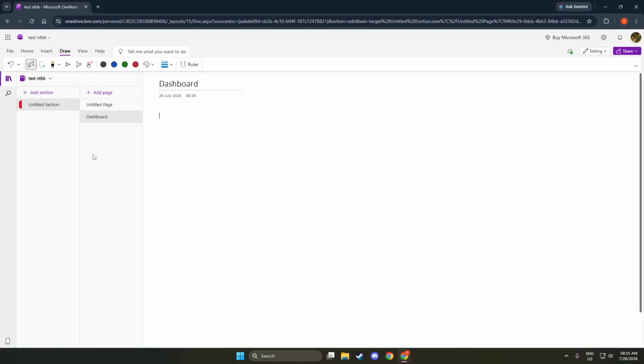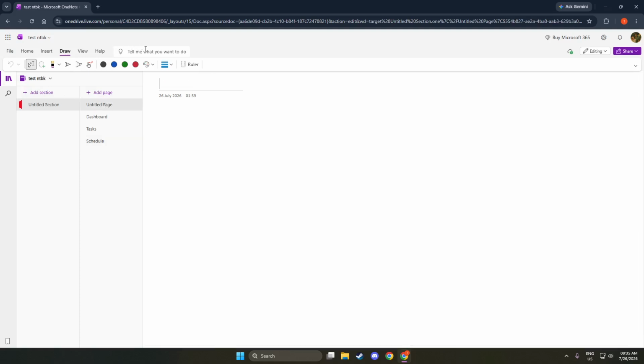With your dashboard page ready, it's time to add sections for the information you want to track. Consider sections like tasks, schedule, notes, goals, and projects. To create sections, you can simply type each title as a header. Each section will represent a different area of your life or work that you wish to manage. This matters because it will help you categorize and locate information quickly. By having dedicated sections, you can focus on what's important and streamline your workflow.